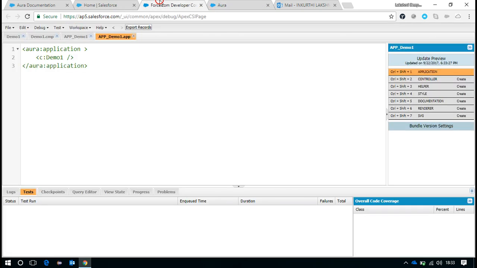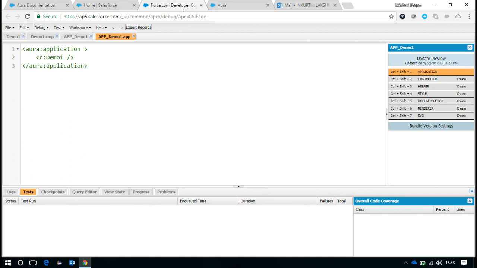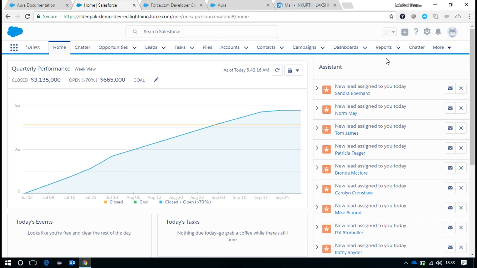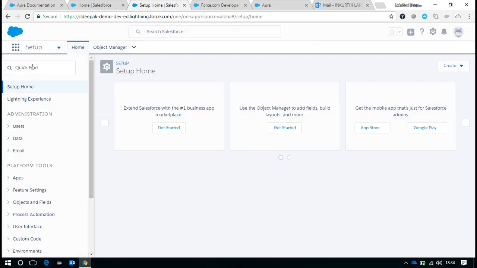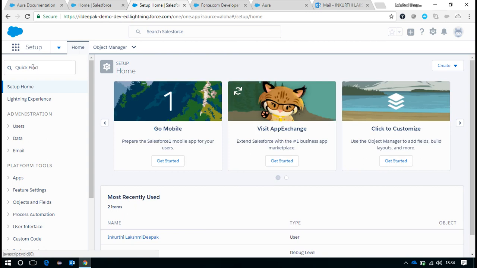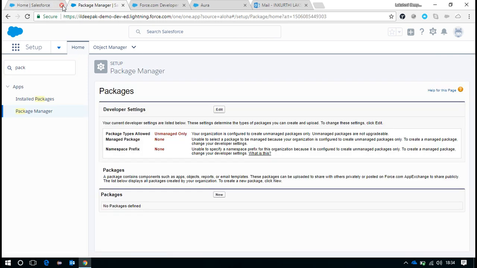The prerequisite of this is that my domain is required. Now we'll talk about what c here refers to. c always says that namespace, and we all know how to create a namespace in Salesforce, if I am not wrong, right? It's all you need to go to packages, okay, package manager. Let me put package manager, edit,